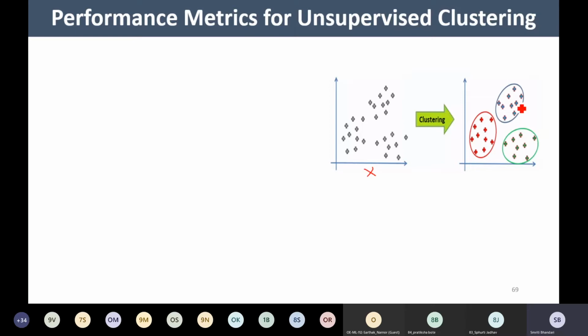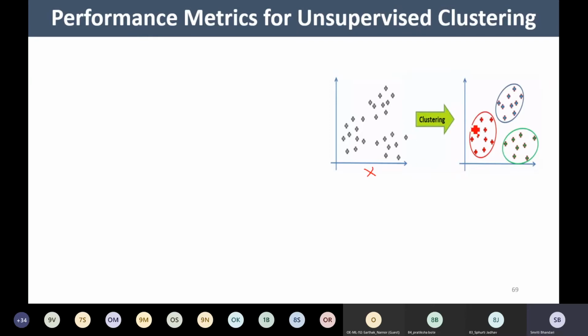In one cluster, whatever samples we have are of a similar kind, because we are using some criteria that helps us group the data points. Those are very similar, so these data points are grouped together, these are grouped together, and these are grouped together. This is how we cluster our data into 3 clusters, 3 groups. This is the concept of clustering.